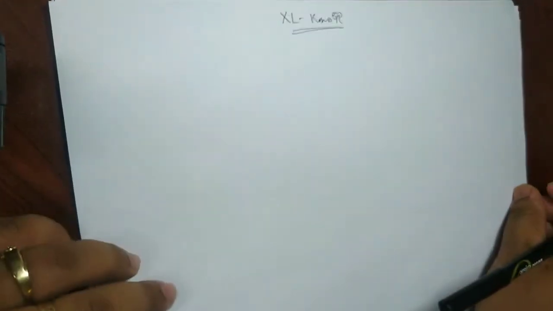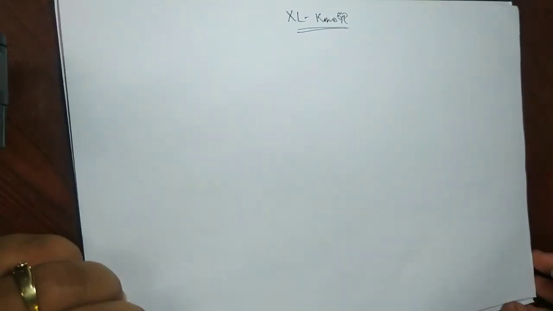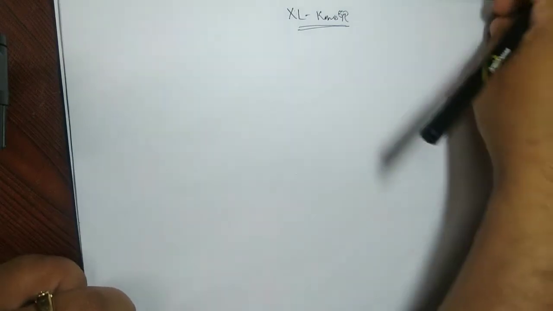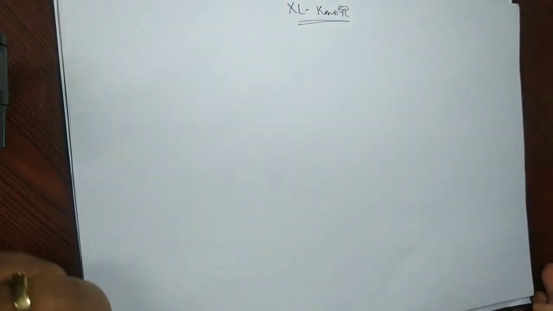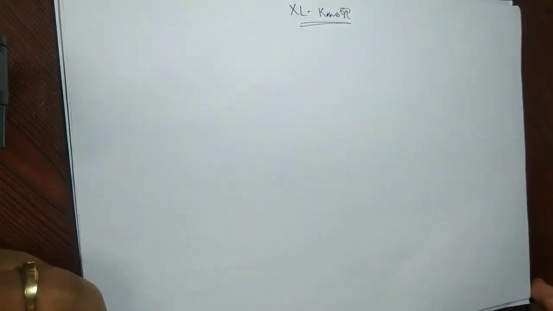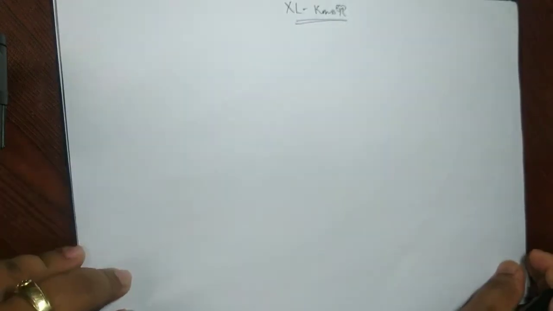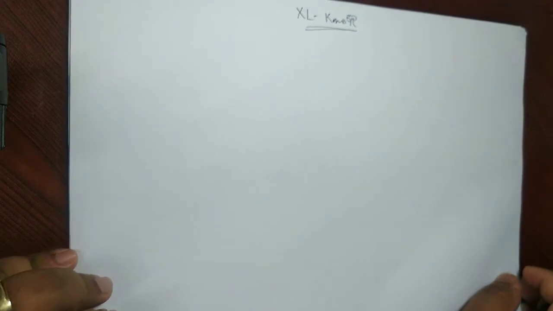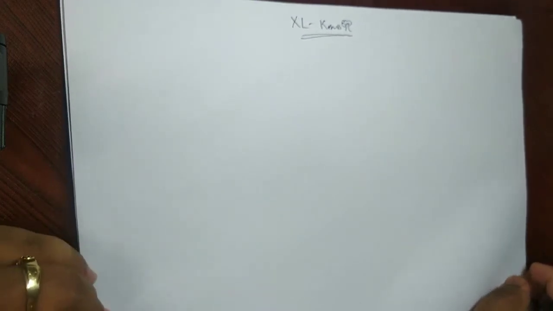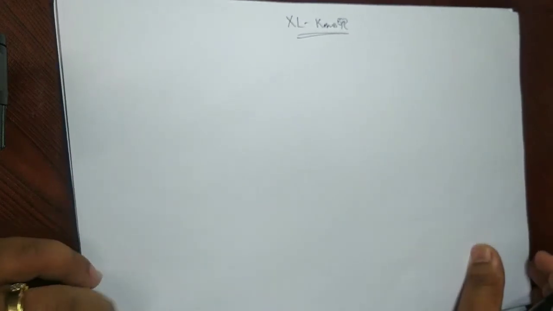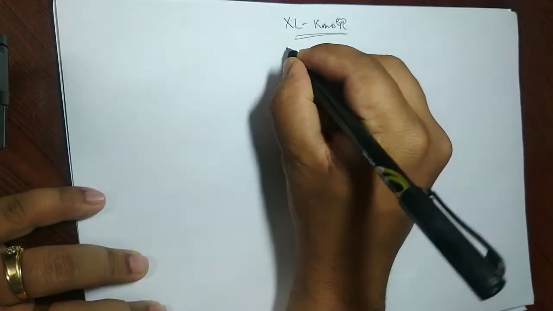So today let's talk about, as I said already, there are two important compounds that we should discuss in the chapter of hydrogen and its compounds, that is water and hydrogen peroxide. So today let's talk about water, and the day after tomorrow, we'll be talking about hydrogen peroxide. So today is about water.